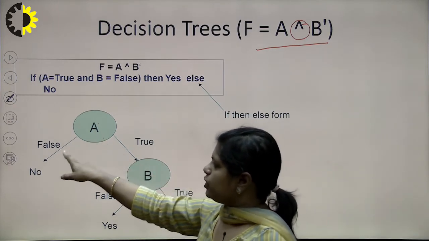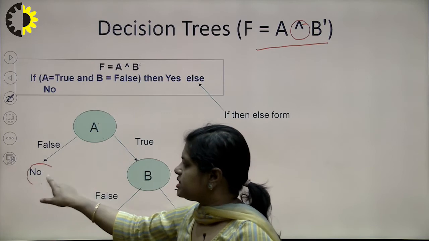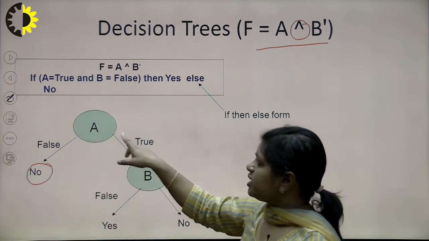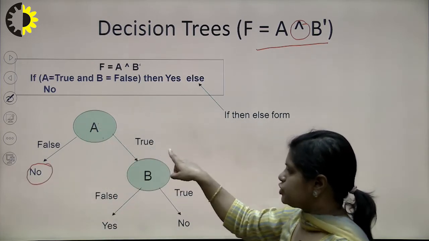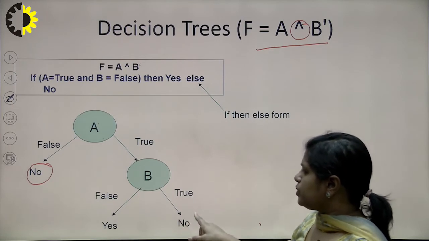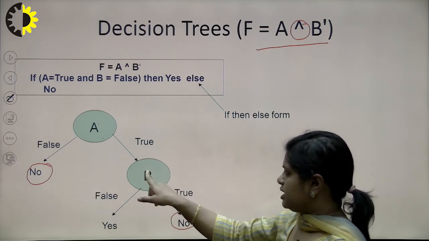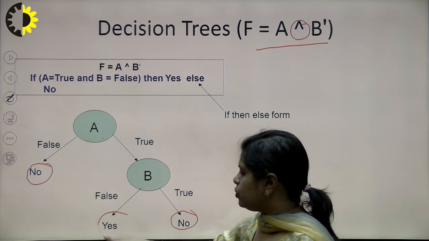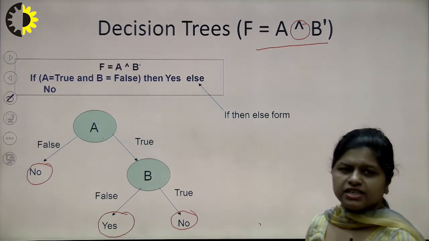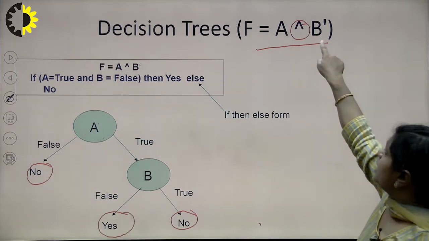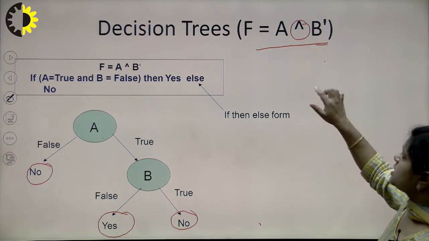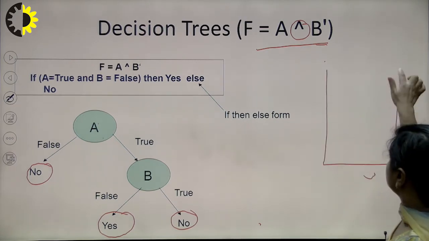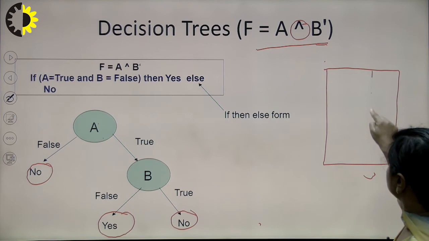If A is false, then your answer is no. Then we need to check if A is true. If A is true and B is true, then your answer is no. If A is true and B is false, only in that case our answer is yes. Why? Because here we have negation of B. So in this case, if you go for the truth table, you can see that